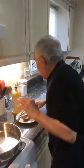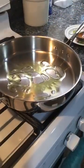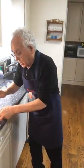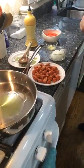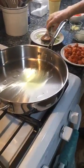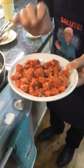Okay, now to start, I pour a little oil, not too much, because I want to make a nice color for the sausage. At the same time, I bring over here everything. I got the sausage, the onion, the garlic, and I got the plum tomato. Okay, now let's start with the sausage first. And the sausage I take it out and I make like a little meatball, really small and nice. You take it out and